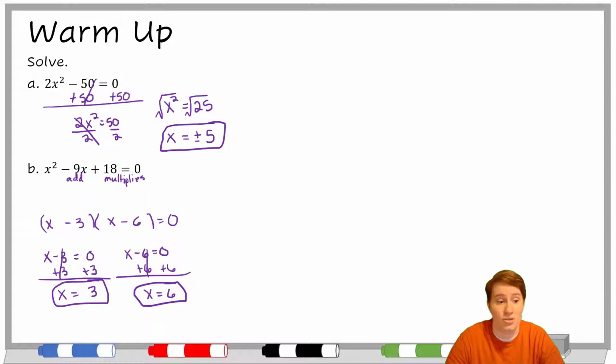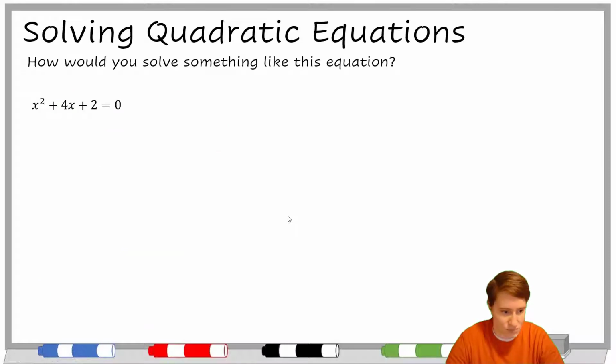These are basically two situations that are very special. And so now we need to address what do we do in other situations. So there's actually kind of 3 other methods, I guess, that we can use to solve quadratic equations. One involves graphing, which we haven't talked about yet. And it also is kind of a special case, kind of like square roots and factoring. Then the other two that you can basically do anytime you want are what we're going to learn today,